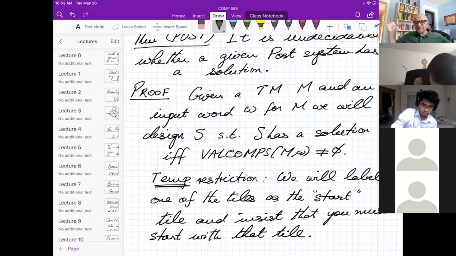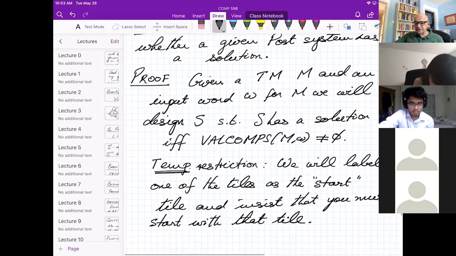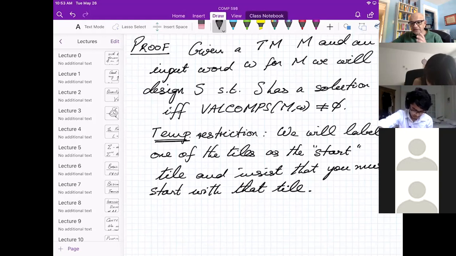Otherwise, I've just presented it and you'll wonder where the heck did all these weird symbols come from and what role do they play? So I'm going to describe this in two phases. First, we'll do it for this restricted version of the post correspondence problem, where there's a designated start tile and you must start with that tile. And later on, we will redesign the tiles with some extra symbols that will force you to do that anyway.